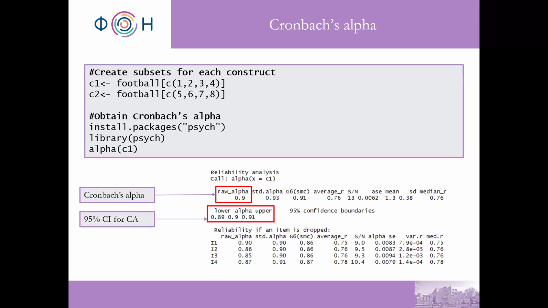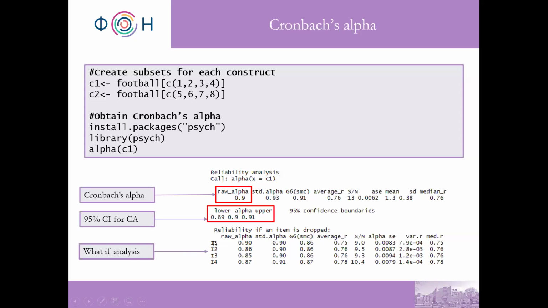So sometimes you can be interested in presenting the confidence interval as well. What is also pretty nice is that R presents you a what-if analysis. The what-if analysis in fact tells you what the value of Cronbach's alpha will be if a particular variable is removed from the construct. So the first line is in fact related to what would be the Cronbach's alpha if we